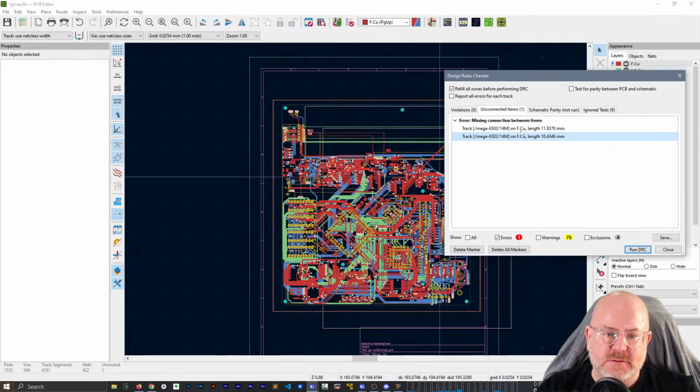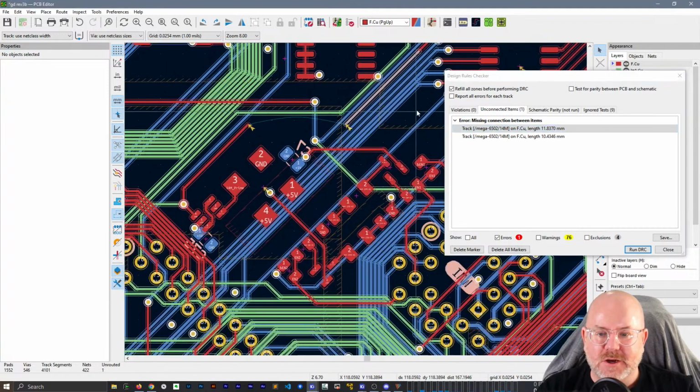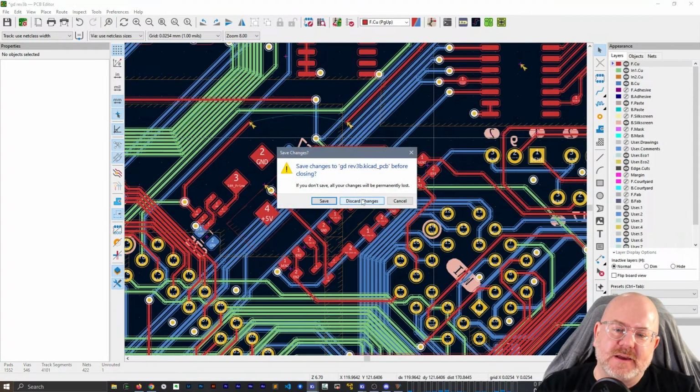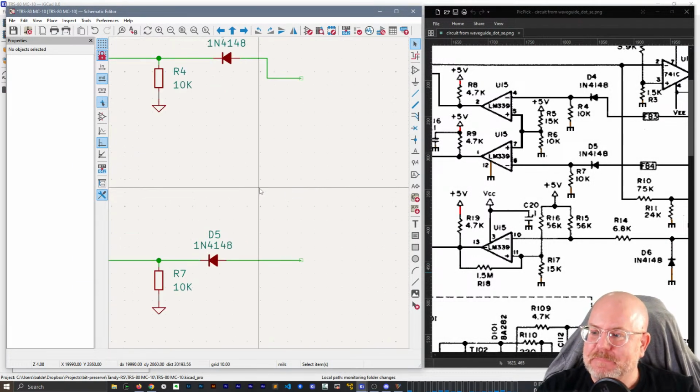And the only other trick to know is that you have to zoom in, otherwise you won't see it. But you know, it's right there. So anyway, speaking of unconnected things, quick tip. Anyway,